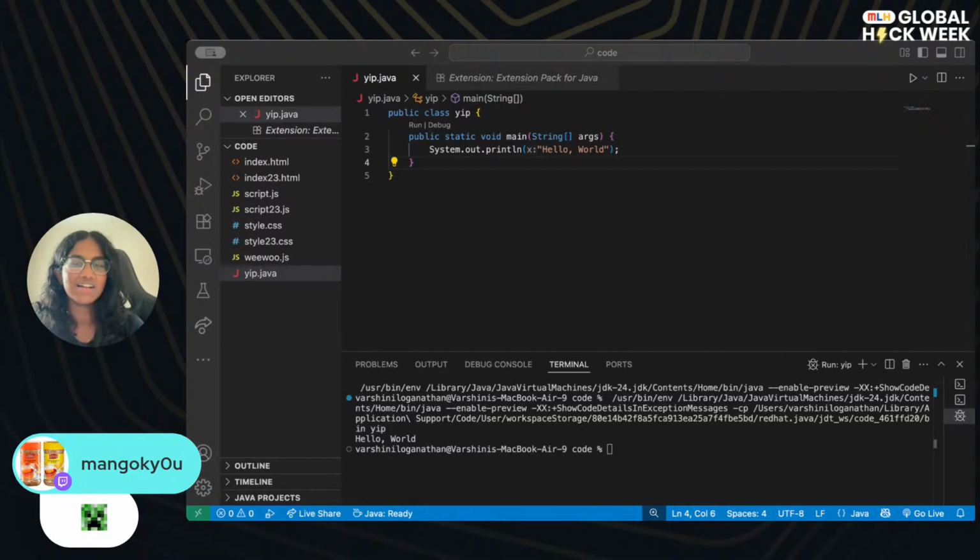Hi, y'all. If you're just joining us, we are working on our introduction to Java, and we are printing out our first hello world statement. So just copy that code on the screen, download Java, download VS Code, and make sure you download those extensions as well. Let me know if you just joined and you're a little bit lost, and I can help you.